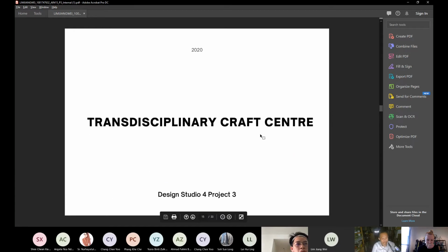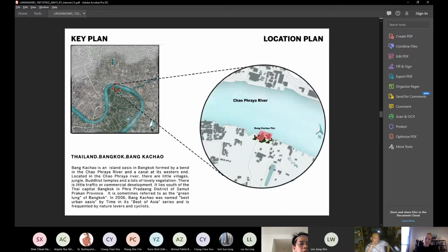Now we go into the Trussing Craft Center. For the key plan, in Thailand, Bangkok, Bang Krachao is an island in Bangkok formed by a bend in the Chao Phraya River, located at its western end. It has little villages, jungle, Buddhist temples, and lovely vegetation.